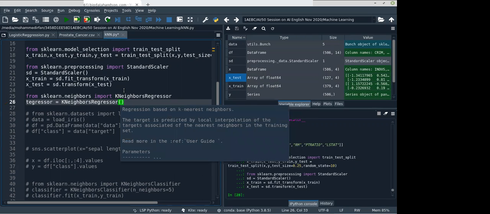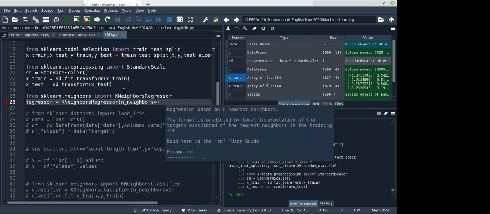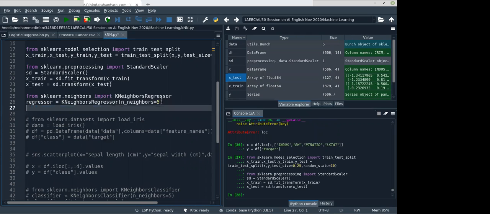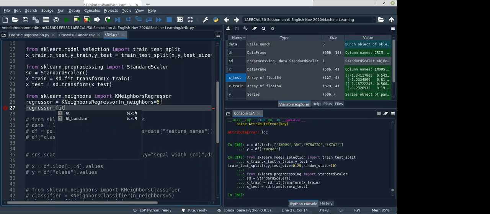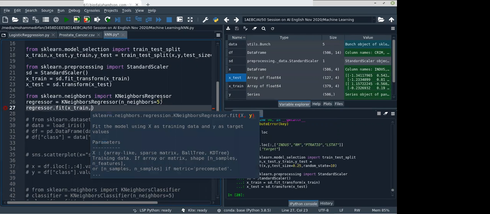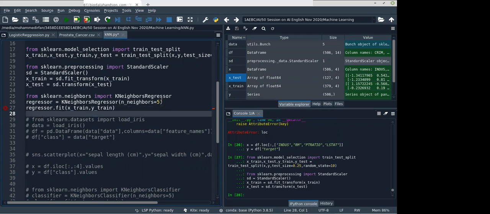And here also we need to give the neighbors parameter n_neighbors equal to, initially take it as 5, and then we'll try to change this. Okay, and then we want to fit the regressor to our training data. Fit x_train, y_train. Okay, now let's run these three lines.